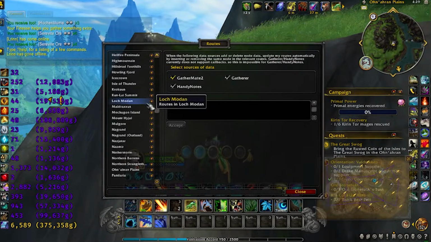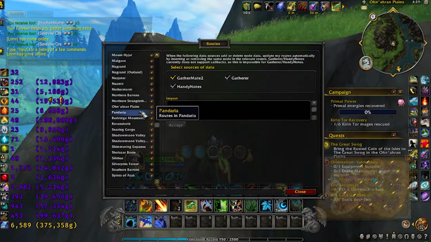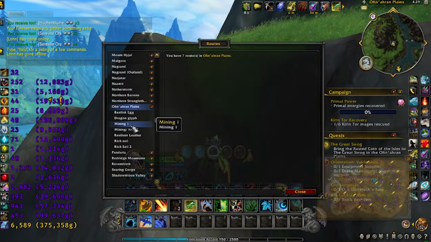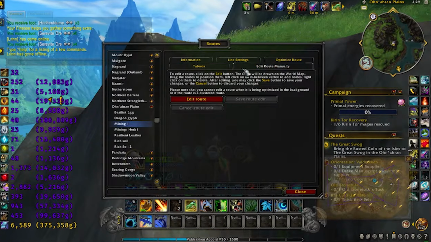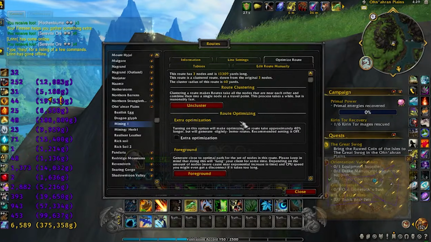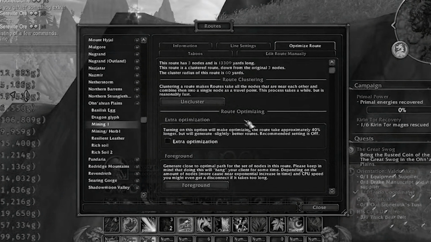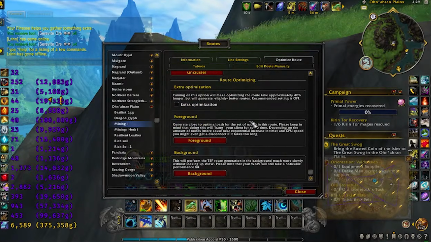Then you scroll down. After you create your route, you have to scroll down, find the route that you created, go under it. I named it mining 1, so we'll go over here to edit. You don't want to do optimize route, because I actually don't even know how to use it. Anyways, there's a way that you can create routes without manually doing it. I don't know that way at all, so I apologize for that, but you can go in here and edit your route